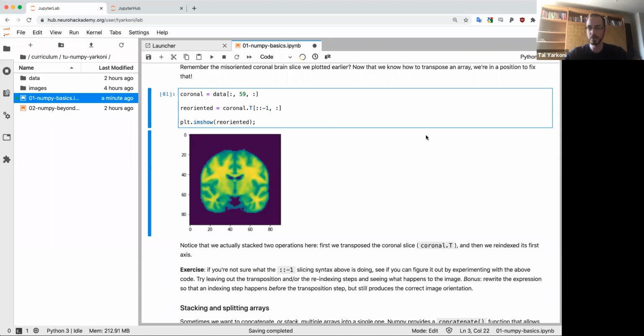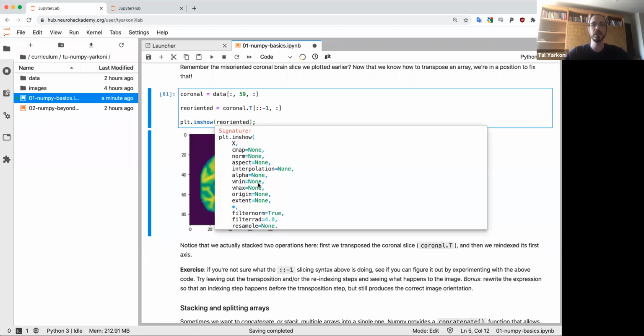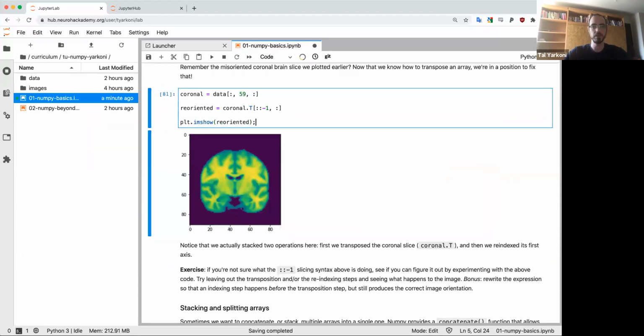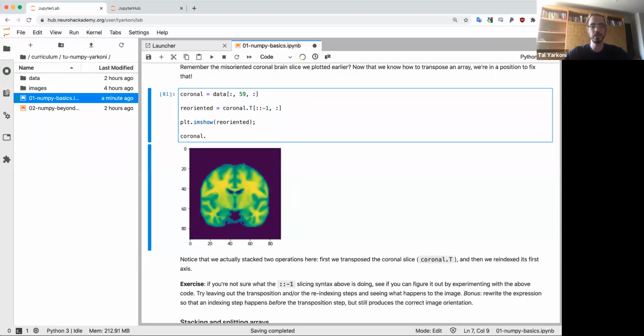How do you get the drop down more info? Good question. So this is a Jupyter thing. Anytime you're inside a function, you can hit Shift Tab, and that will show you the signature of that function. And if you have an object, if you type the dot and then hit Tab,